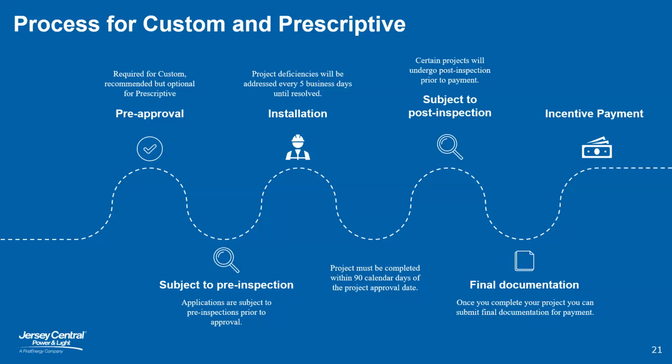Prescriptive and custom projects have 90 days for installation. And then once everything is complete, the letter of attestation gets submitted to the case manager. And then if the project is selected for a post-inspection, you will be informed at that time. And as mentioned, that takes about 2 weeks for us to come out for a site visit. If there's any documentation that's needed for closeout, such as the W-9 as the payee, or any labor invoices that are needed to close out, we will let you know.